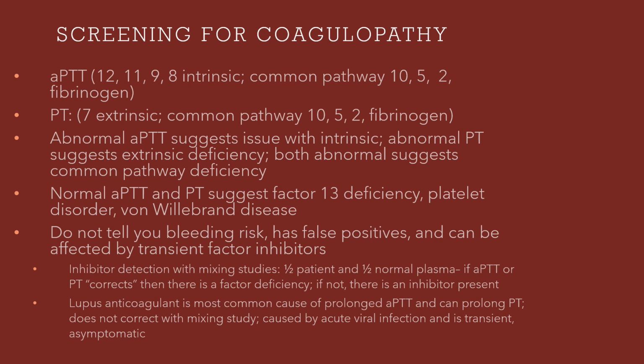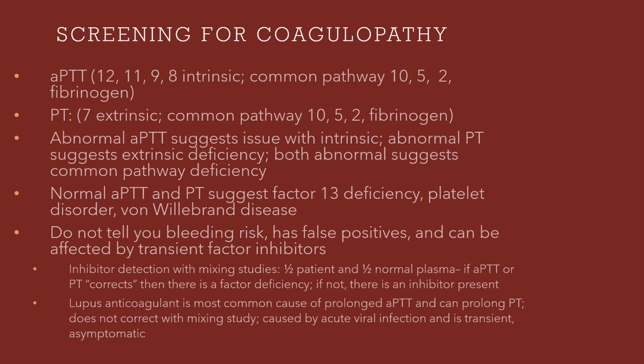If your PTT and your PT are both normal, but you have bleeding problems, that would suggest something outside of these pathways, like a factor 13 deficiency, a platelet disorder, or von Willebrand disease. When you're screening with these two tests, it doesn't tell you the risk for bleeding. It can have false positives, and this test is affected by factor inhibitors if you don't use a mixing study